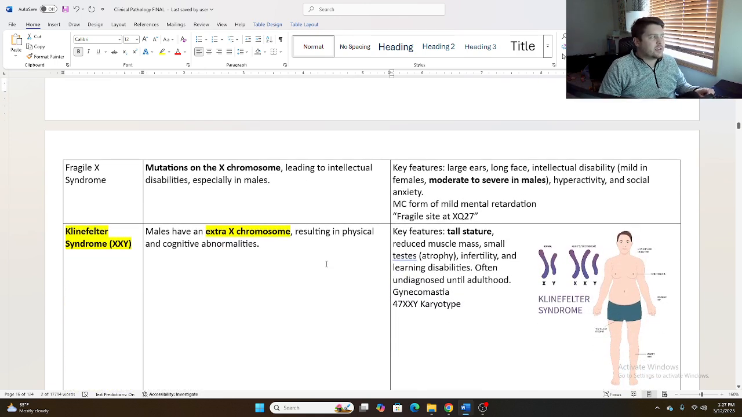Fragile X syndrome, it's in the name. This affects the X chromosome. The X chromosome is 100% always given by the mother, and then depending on whether male or female, given by the father. Most commonly, whenever we talk about X chromosome related diseases, we're always going to look towards the genetic